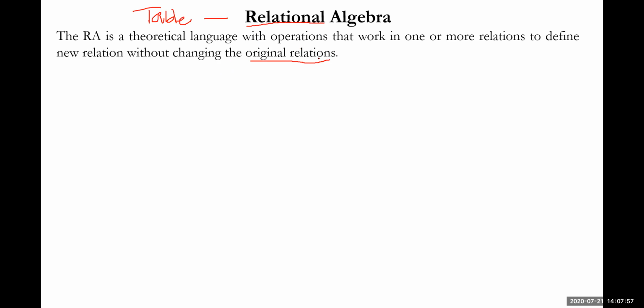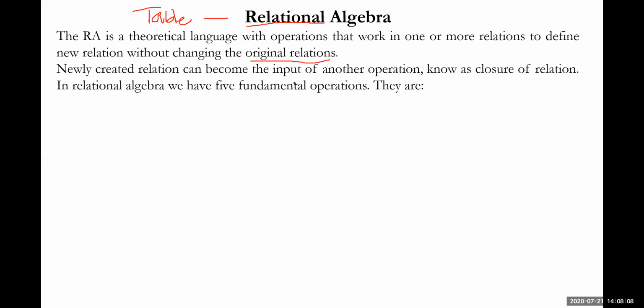So that is the basic information regarding relational algebraic expressions. In relational algebra, if a new relation is created on application of the relational operators, the creation of the new relation is called the closure of that base relation or parent relation. I'll show you where exactly it is used as we move forward. And we have 5 different types of fundamental operations in relational algebra.